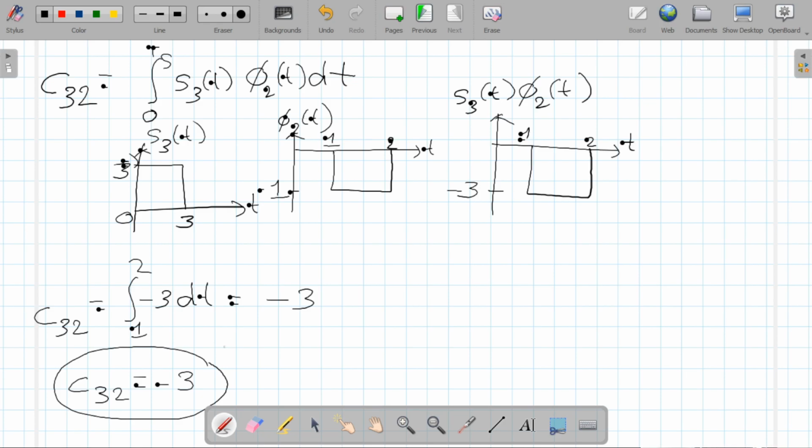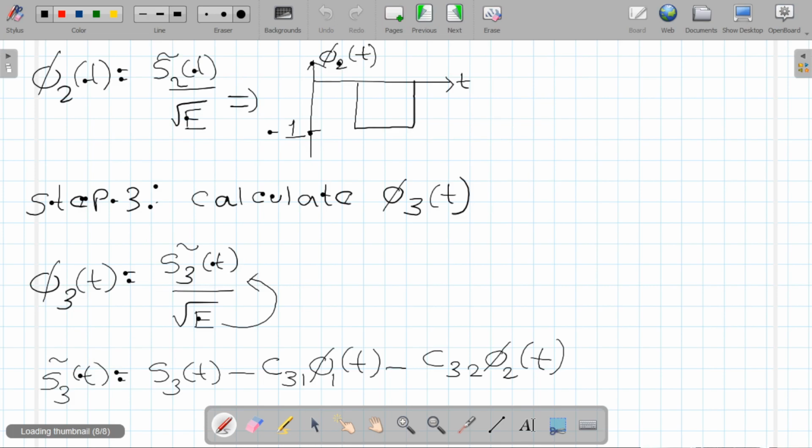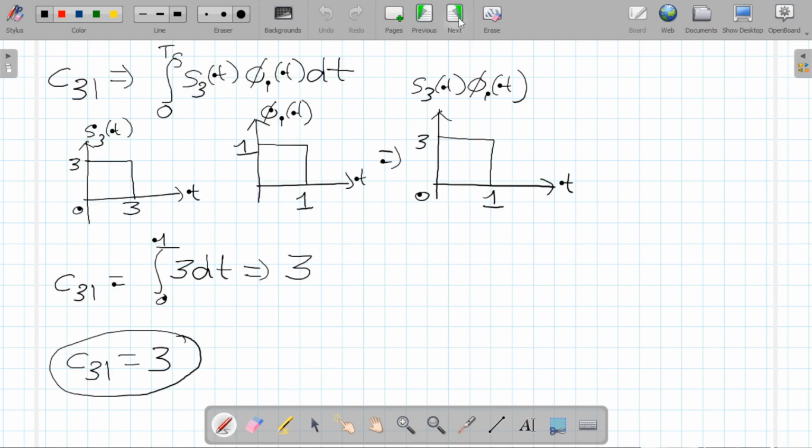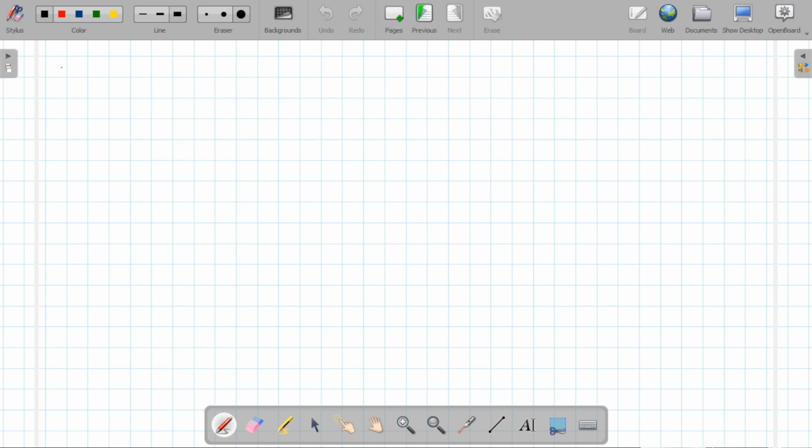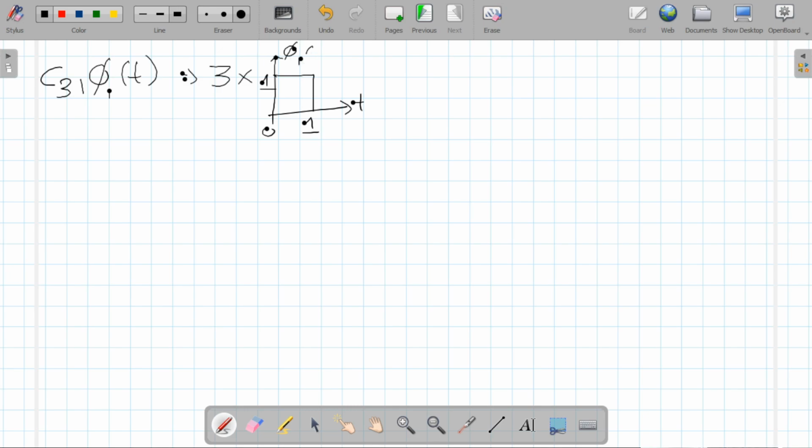Okay, this is what we got. Now we need to calculate C31 phi 1 of t and C32 phi 2 of t. First we will look at C31 phi 1 of t. We are multiplying the value of 3 with phi 1 of t, which is 1 from 0 to 1. This is phi 1 of t. If we multiply this, we will get the graph